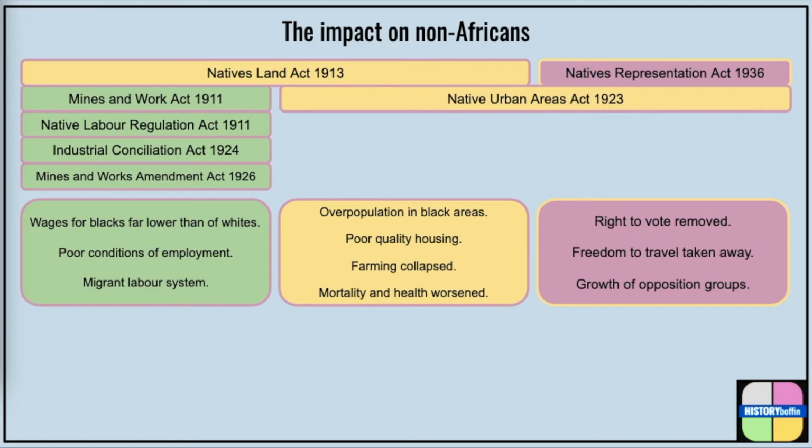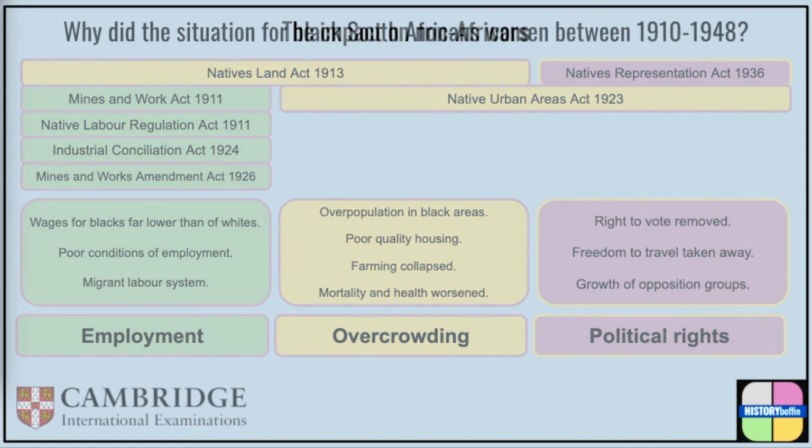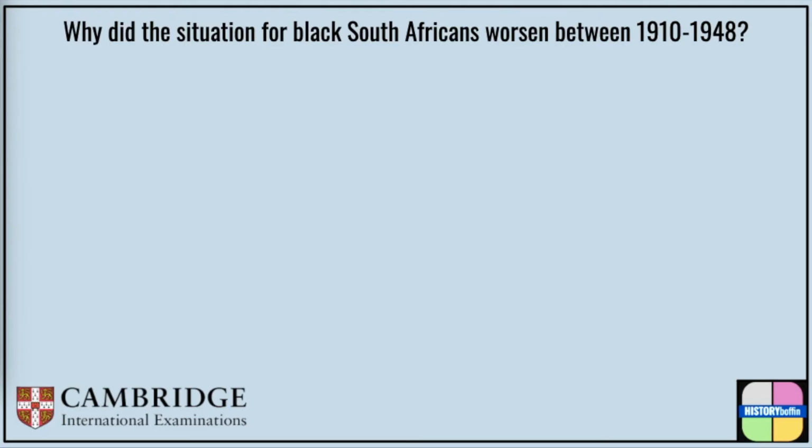Our final approach, having considered the details of the impacts, is to label them. In this case, I would suggest employment conditions, overcrowding, and political rights as suitable labels to remember. Thus, we can now think more carefully about how we demonstrate understanding to an examiner. The question, why did the situation for black South Africans worsen between 1910 and 1948, is a typical 6-mark question